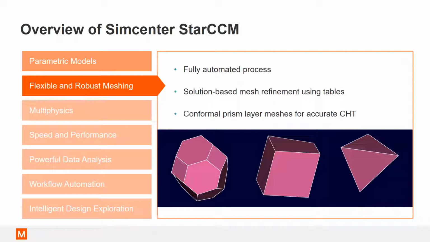Now, there are 3 core meshing types in Star: the tetrahedral, hexahedral, and polyhedral. Now, the polyhedral is good for swirling or highly anisotropic flows and heat transfer between the fluid and solid region. Just to mention this again, the entire meshing pipeline within CCM Plus is parallelized, so you can take advantage of all your cores in the meshing process, reducing the time for pre-processing a given CFD simulation.